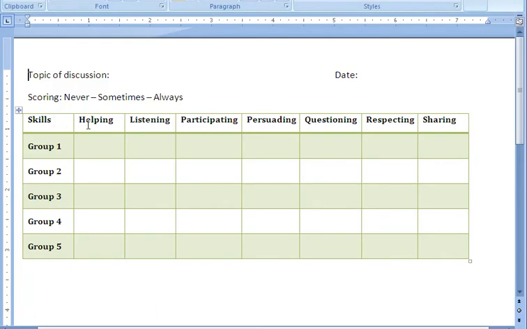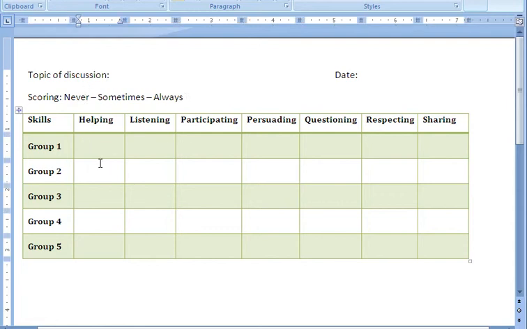This is another area, an example for group assessment, and there are too many columns here. So I would let the students decide what's important when you're in a group. Is it important that you ask each other questions instead of sitting there silently? Is it important that you help each other understand stuff? Is it important that you debate? So I would let the students choose 3 or 4 of these, and then you use the never, sometimes, or